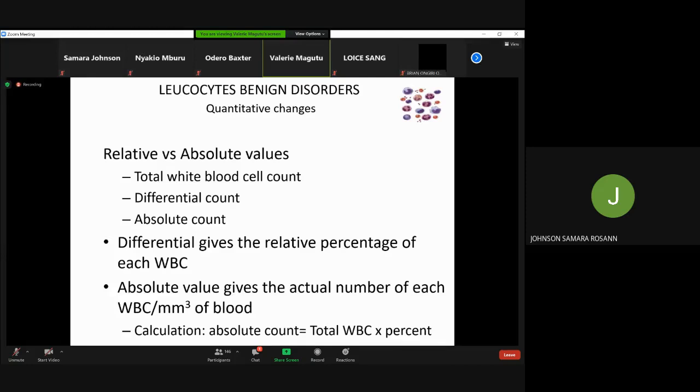Okay, so the absolute count, she gave already an example of it being the actual number per volume unit, either liters or microliters of the cells. To calculate it, you usually take the total white blood cell count times the relative percentage of each white cell. She gave an example, I think, of 5, or we can use 10. If 30% of those cells are lymphocytes, it's 10 times 30 over 100 to give you the absolute count